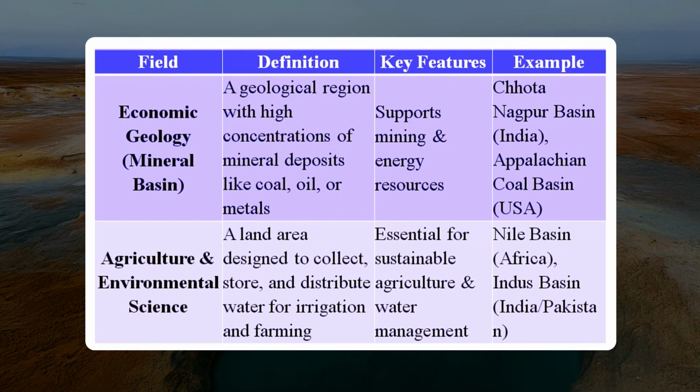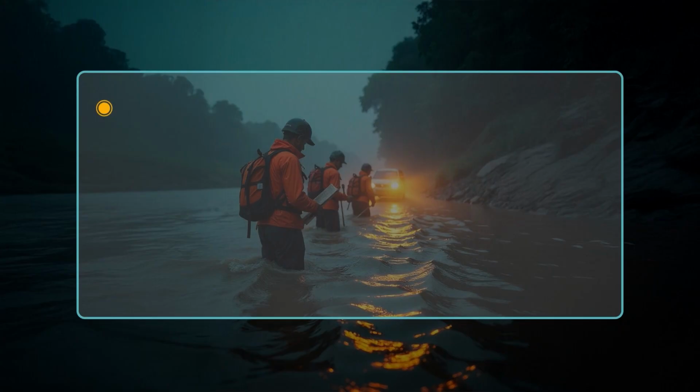From an economic geology perspective, it is a geological region with high concentrations of mineral deposits like coal, oil or metals. And from the perspective of agriculture and environmental science, it is a land area designed to collect, store and distribute water for irrigation and farming. So, we saw what a basin is, but the basin could have different meanings for people from different